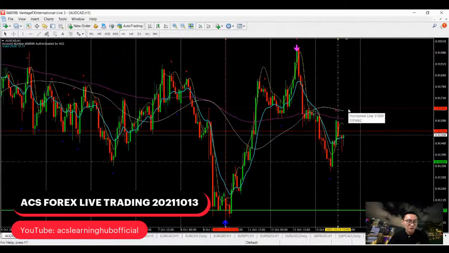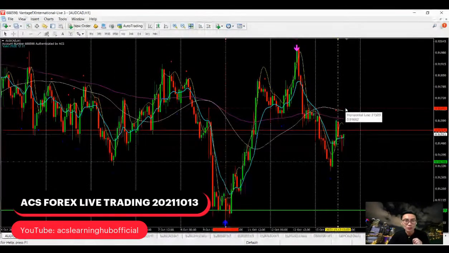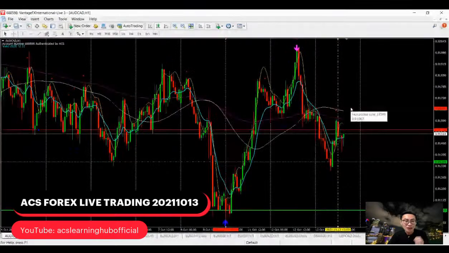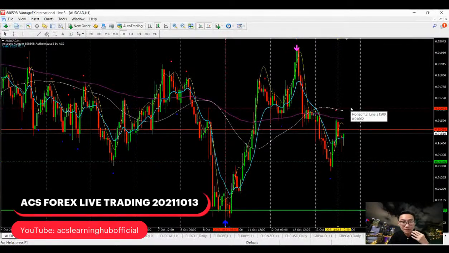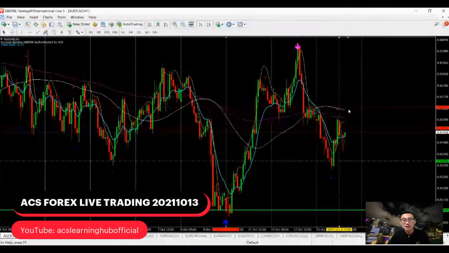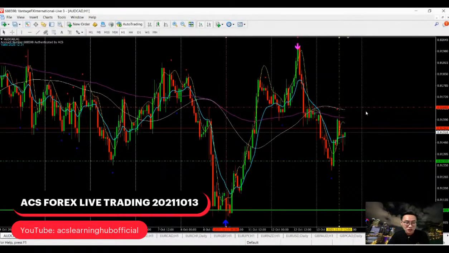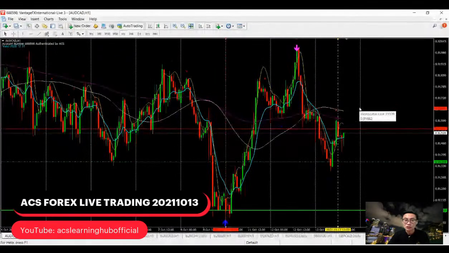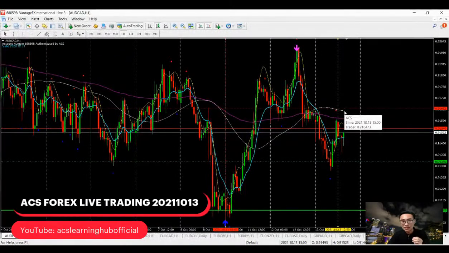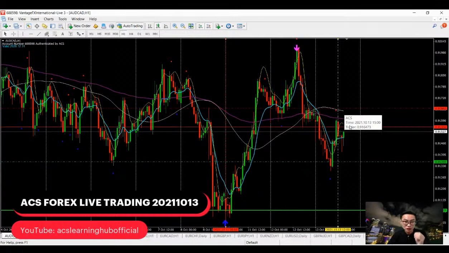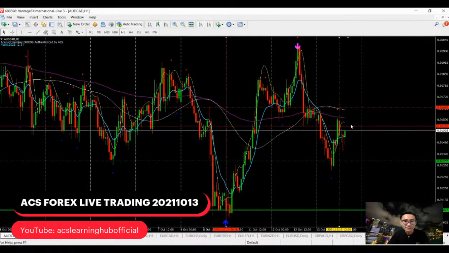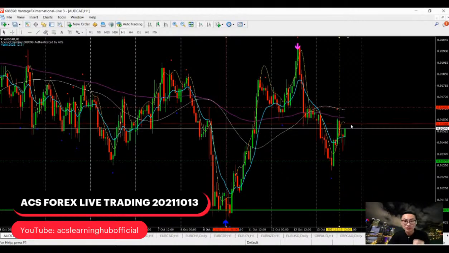So of course, when the selling point comes like a resistance, then I will short from the resistance. Once it hits without breaking, I know the resistance is there. So even when I sell a trade, I am selling in the resistance area, so it's not easy for it to retrace and hit my SL. So the probability of it selling down is higher, and it will give me the profits faster. So that's what I meant.